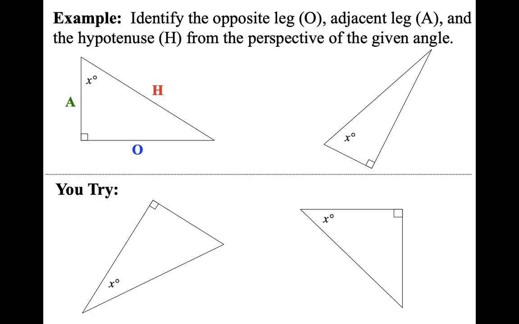Next, we're going to move across horizontally to the upper right triangle. Again, we're always focusing on where is our right angle, where is our reference angle. So our right angle is the bottommost angle, and our reference angle is the angle to the left. So the two legs are the ones that make up the right angle. Hypotenuse is always across from the right angle. So it just comes down to which of the legs is opposite, which of the legs is adjacent. So we go across from the reference angle for opposite. We go next to the reference angle for adjacent leg, and then we go across from the right angle for the hypotenuse.